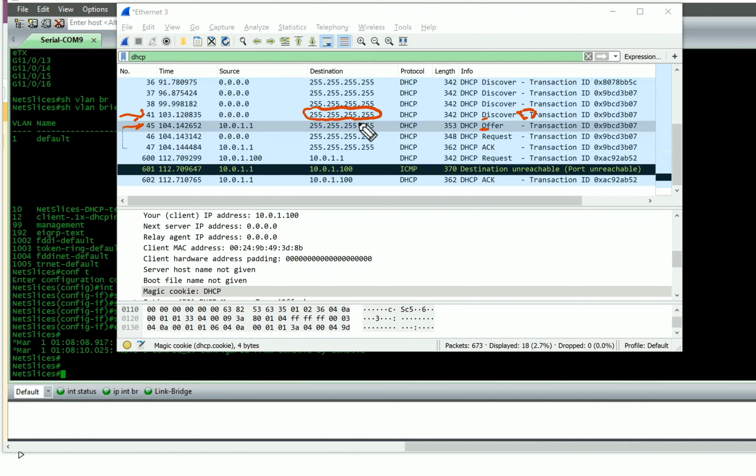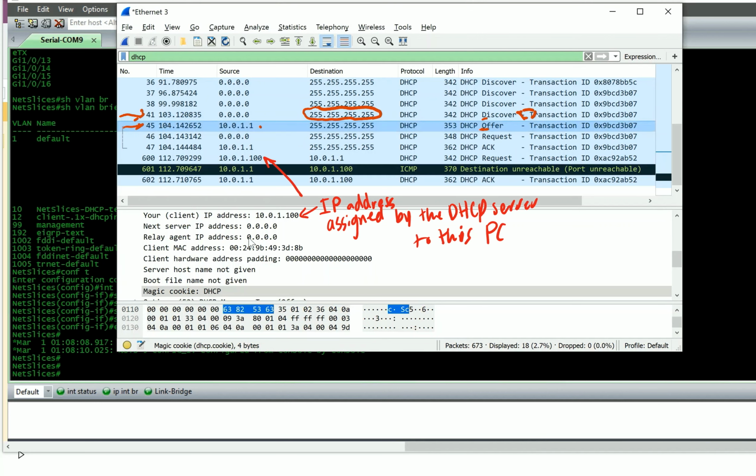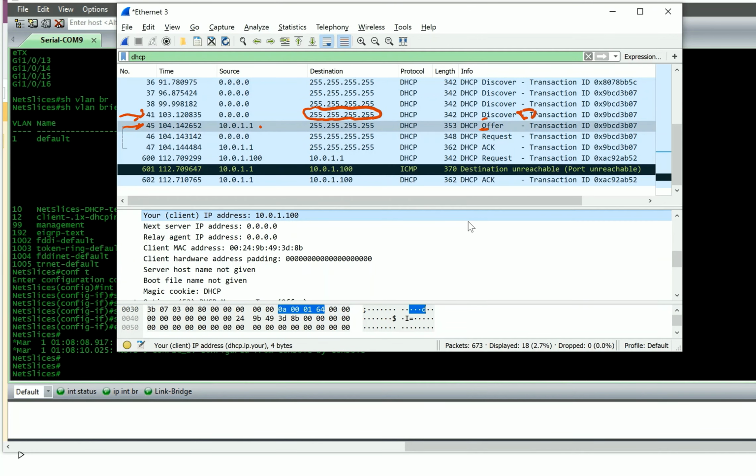So the DHCP server answered the PC by saying, well, I am able to offer you an IP which is 100 here,